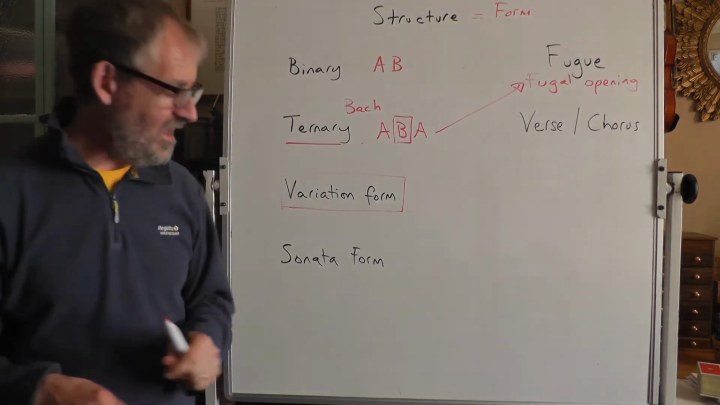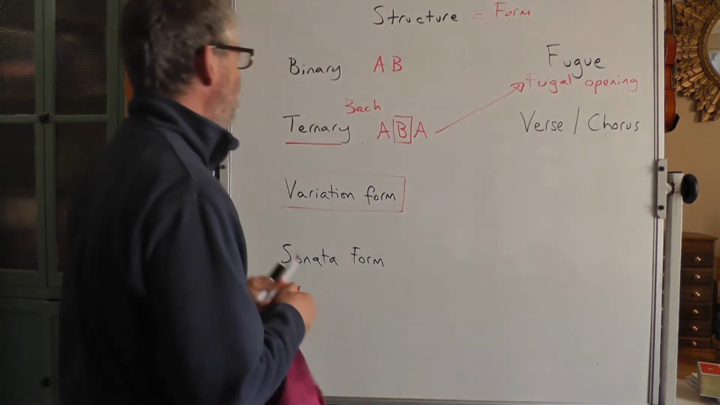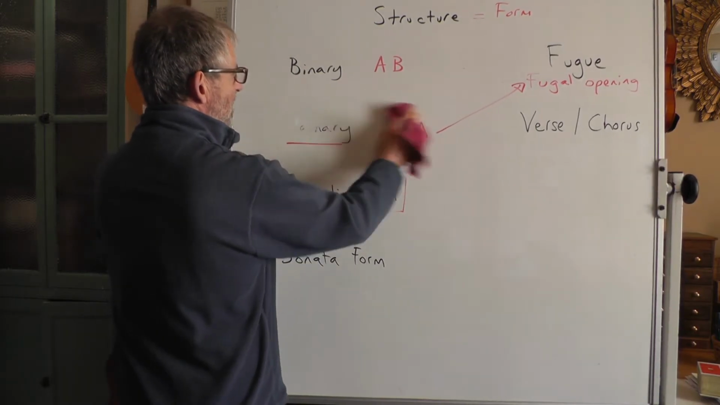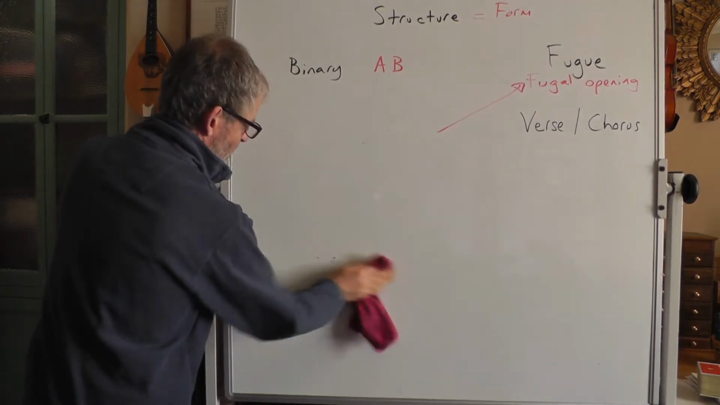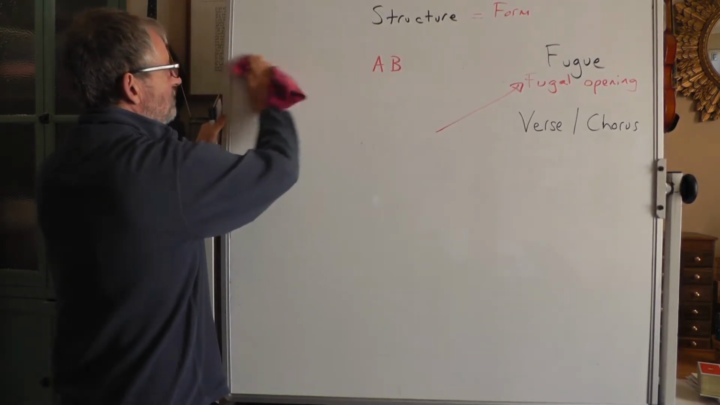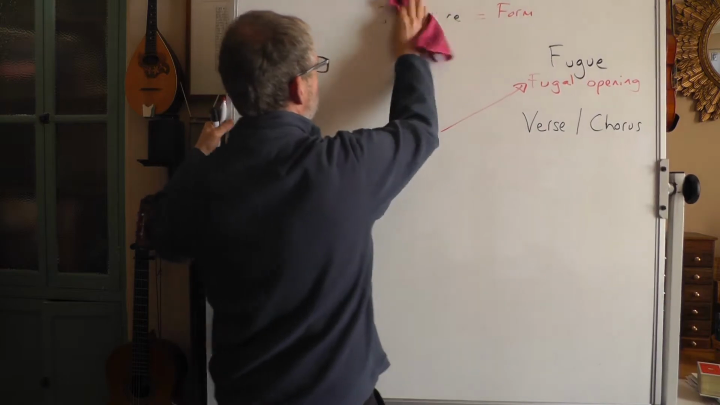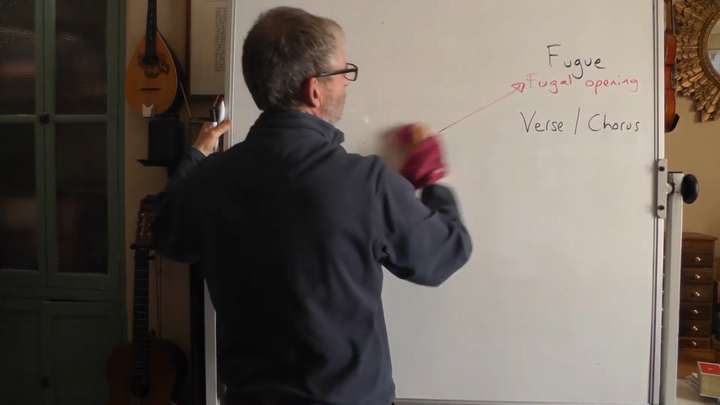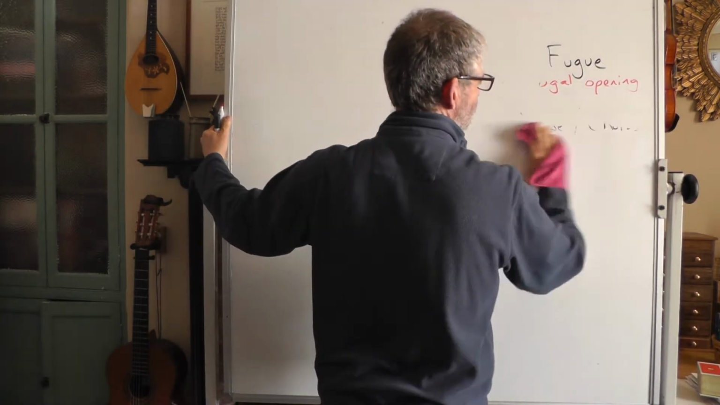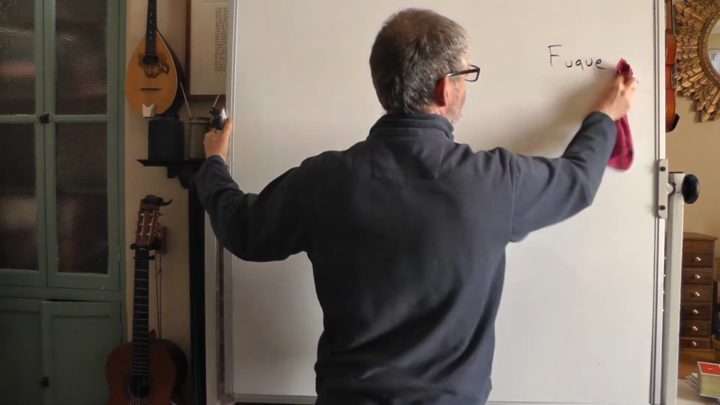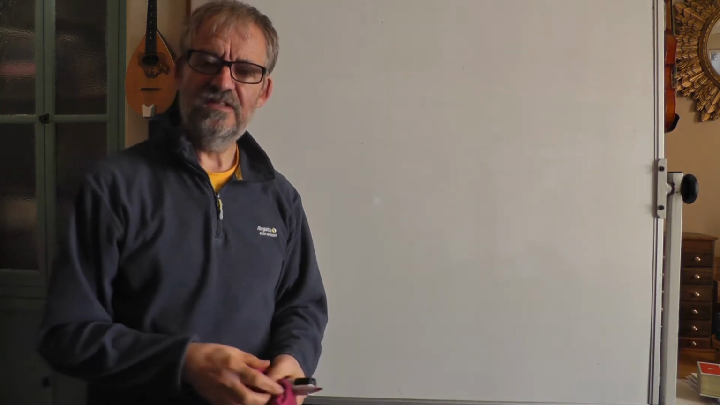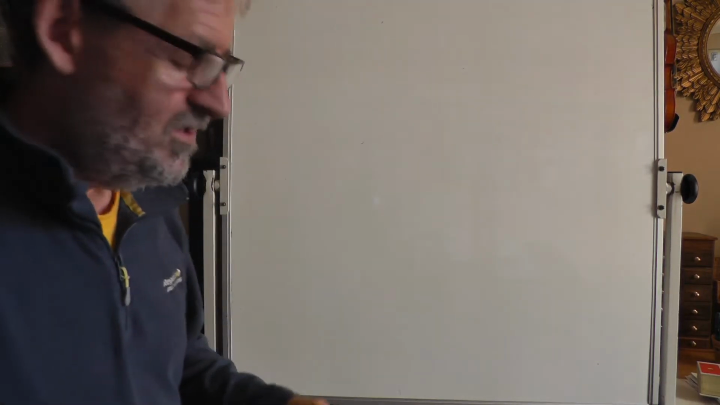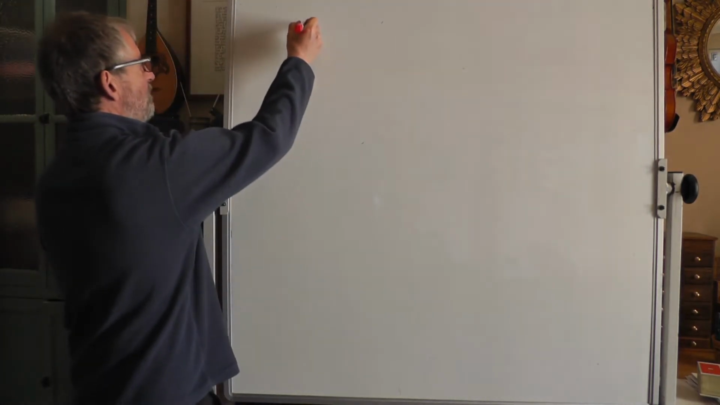So we're going to now look at what the B section is like in ternary form. What can you do with it? So we said that texture is how parts fit together. So if we've got a violin part, and then on its own that would be monophonic texture, and if we've got a flute part that gets added afterwards, that would be two-part texture, maybe counterpoint, and maybe all those other texture words. So texture is how parts fit together